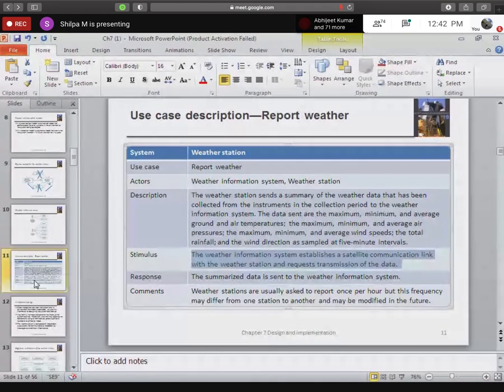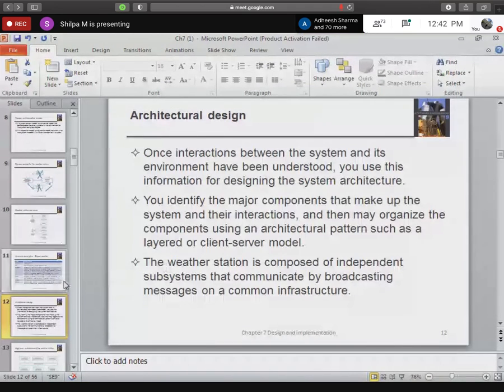One question might come: ma'am, there was a use case for the patient healthcare monitoring system in the second module, can I write it? If you write it and explain it here in the internals, I will give you marks, but in the examination, I can't assure you.